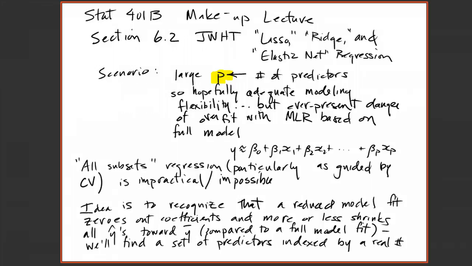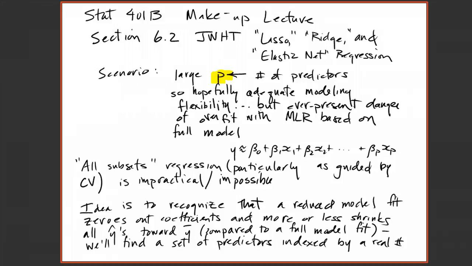Having a large number of predictors is in one sense a good thing because that hopefully provides adequate modeling flexibility when one goes to describe Y in terms of the inputs. But once one has a large number of predictors and large flexibility of the form that one is fitting,